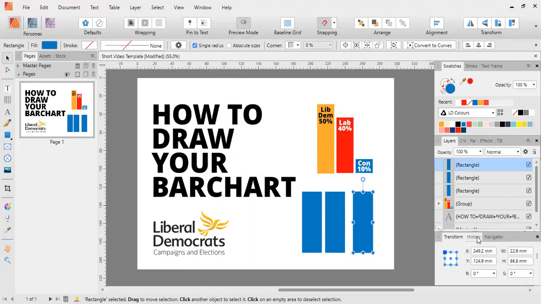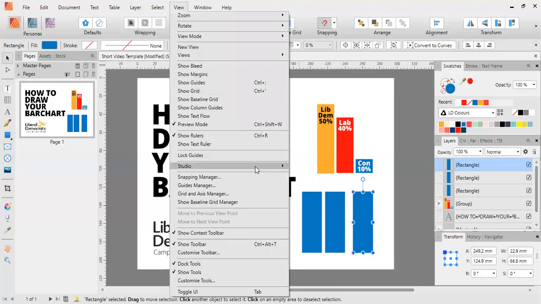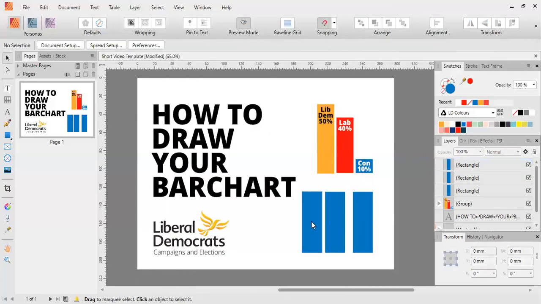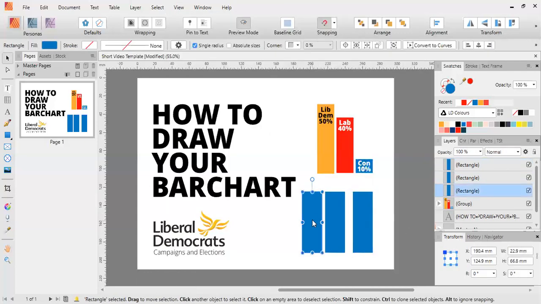Now, what you might want to do here is to make these bars accurate for your results. You can go to the Transform tab here on the right-hand side in the Studio tabs. If you don't have the Transform tab showing, you can go to View and Studio, and then select Transform on the list of Studio tabs here. Okay, and if this is a percentage result, to make the bar chart accurate we can change the height of the bars in this Transform tool and treat the millimeters as